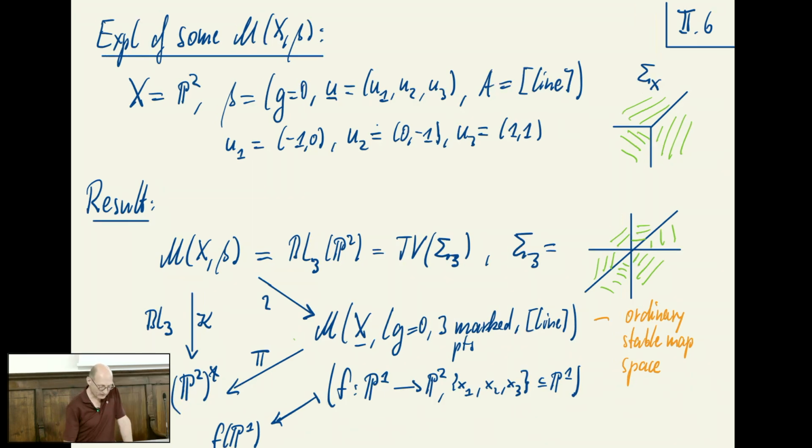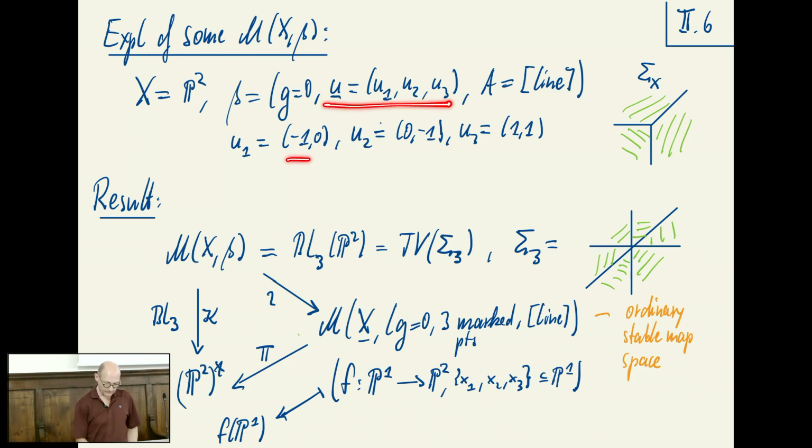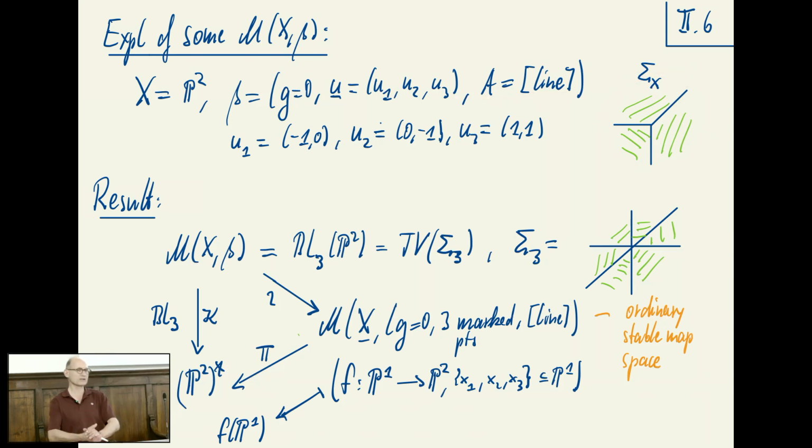So let's look at this from the logarithmic perspective. I take X equal P2 with this toric log structure. I didn't write it, but that's what I mean when I write a toric variety and not anything else. I take genus 0 curves. I take the contact orders that fit to a line, so -1, 0, 0, -1, 1, 1, and I take the class of a line. Okay, so obviously sigma x is the cone complex defined by the fan of P2. So the result is